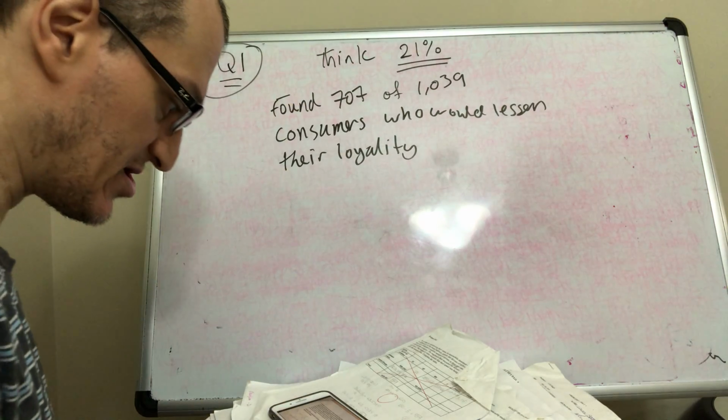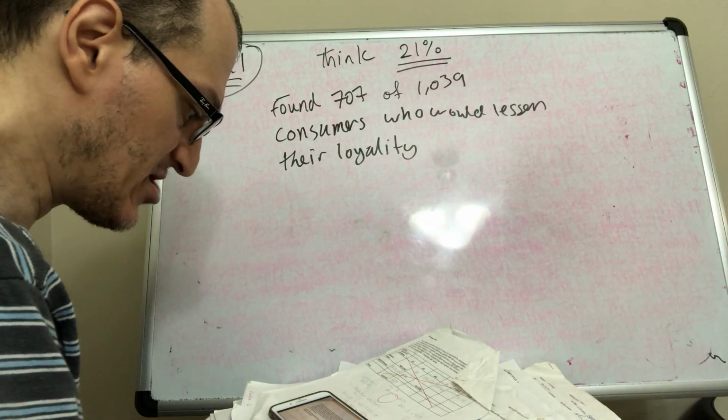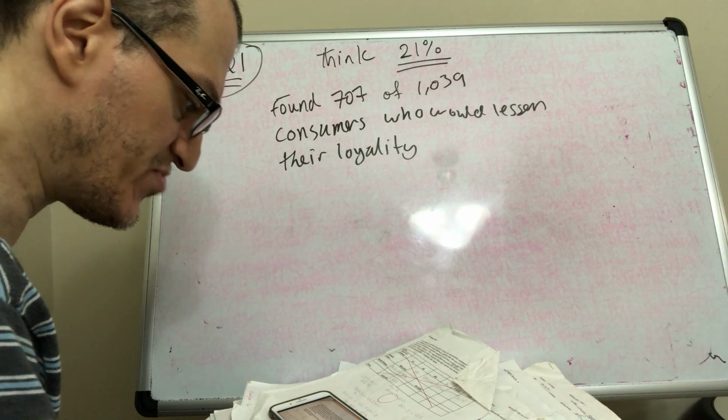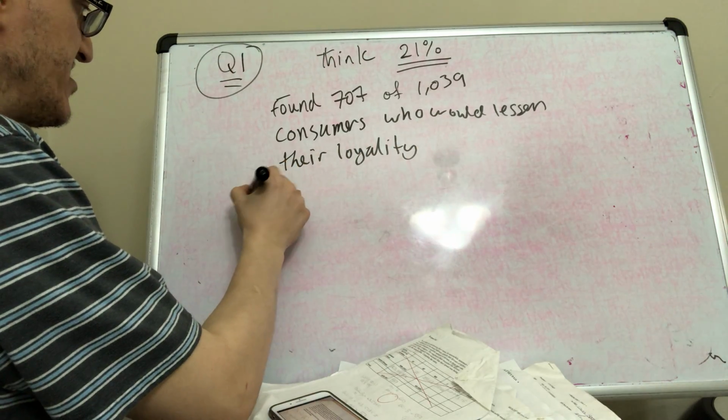We need to do a 99% confidence interval for the proportion. So we need to do in part A